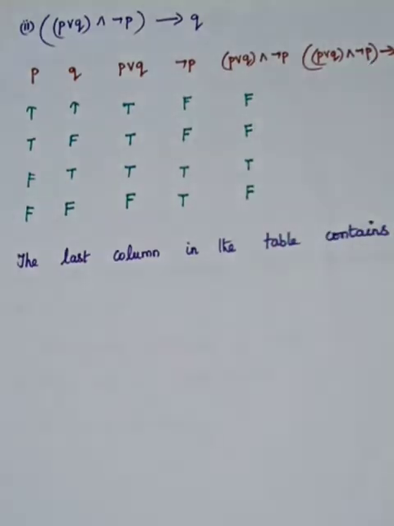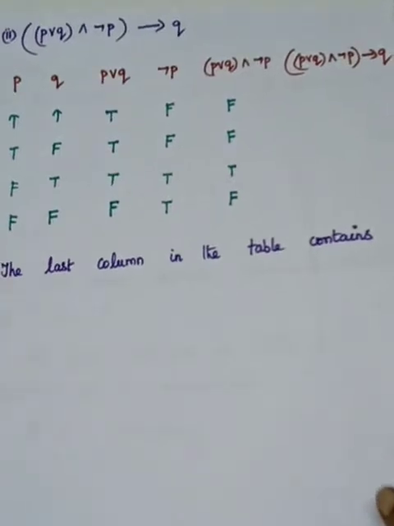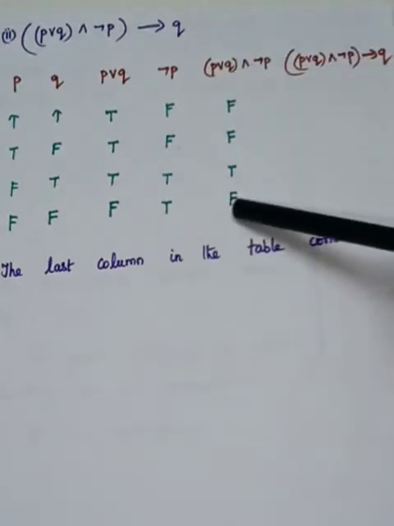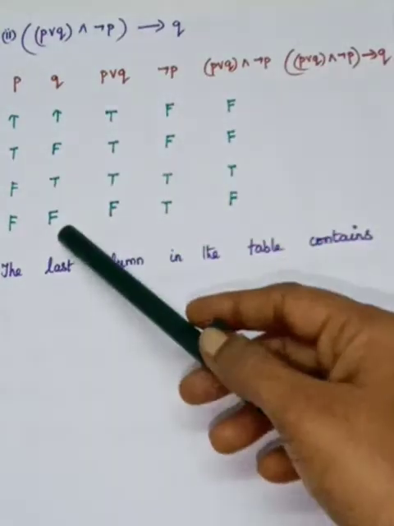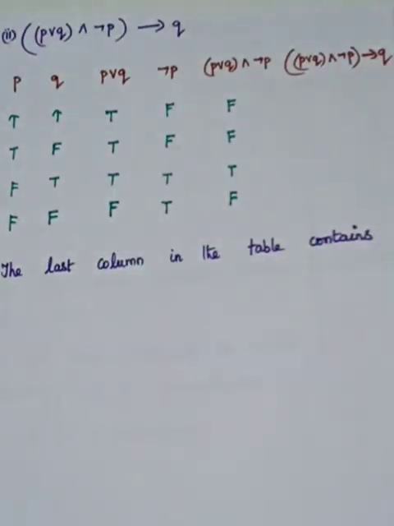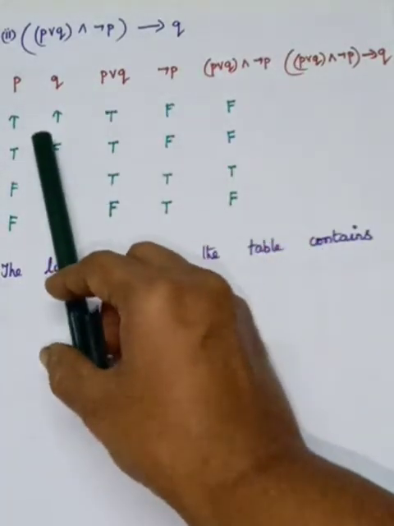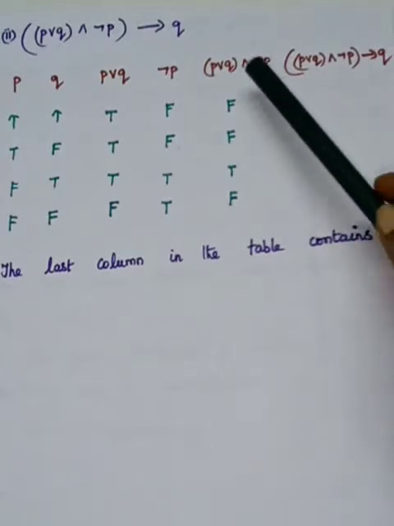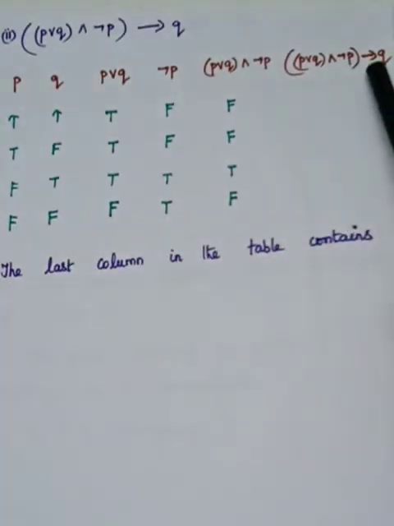The next one, so we have to give the answer. So you see that P or Q and negation P, that is in the fifth column. Okay, implies Q. Where is Q? Q is in the second column. So you have to concentrate only on which one? This fifth column and the second column. You need not worry about the other things. Okay, so which one? Fifth column and the second column. You see that implies is there.